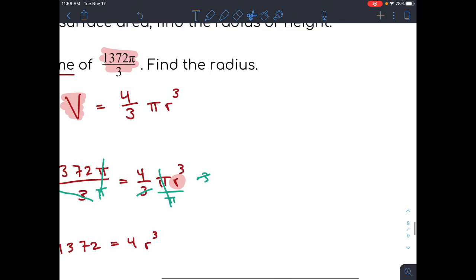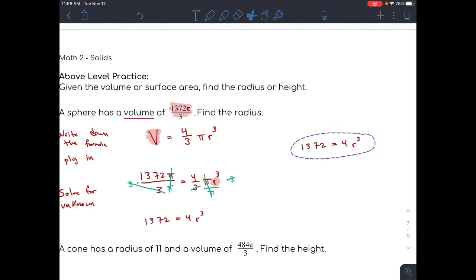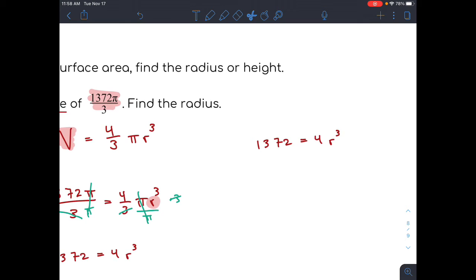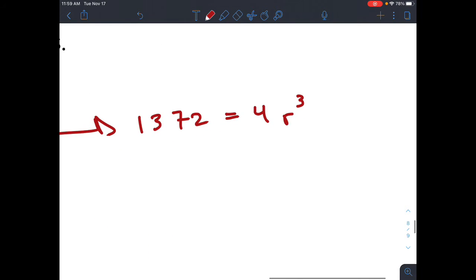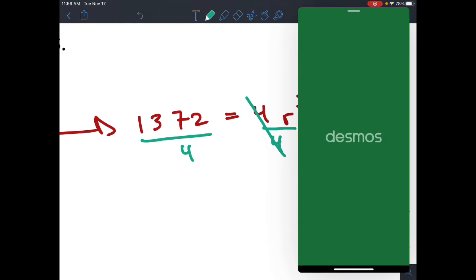And I'm just going to copy and paste this over here so I have a little more space. And now I want to follow order of operations. My r is stuck inside the cube, but I can't get rid of this exponent until I get rid of the 4 times the r cubed. So the first thing I do is divide both sides by 4. That will cancel. And then I use the calculator